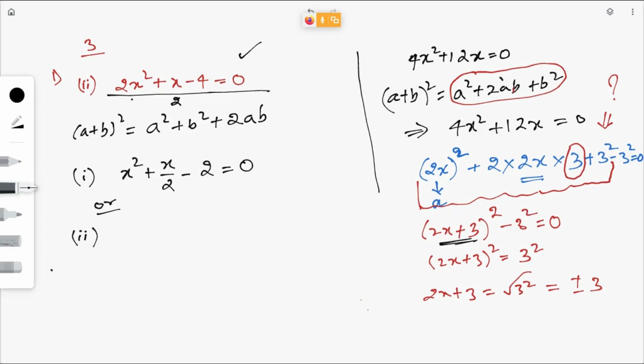Very good. Okay, so this 2x square can be written as root 2x whole square. Yes or no? We can write this 2x square as root 2x whole square. Any doubts here? If you expand this root 2x square, what will you get? Root 2x into root 2x. What is root 2x into root 2x? Root 2 into root 2 is 2x square. Understood? If it is not a perfect square, here listen, okay, simple, just remember this one. If it is not a perfect square, keep it in a root and then x whole square.